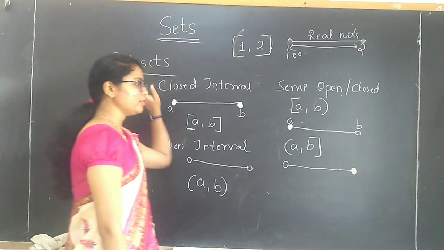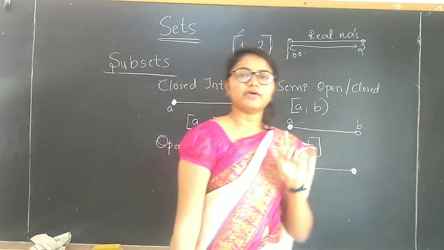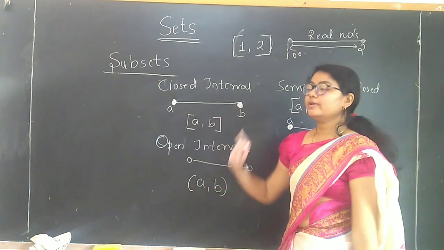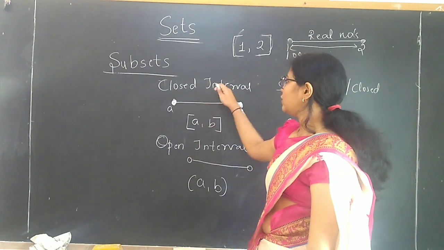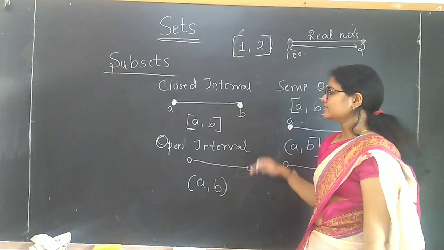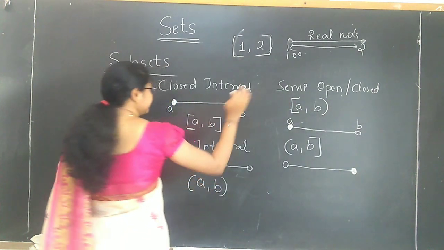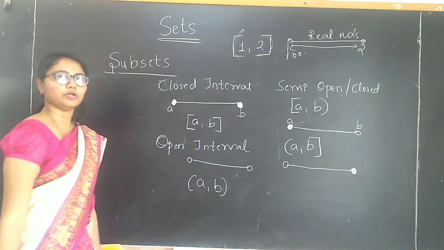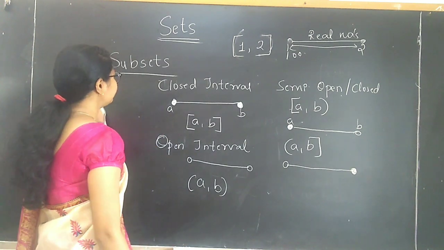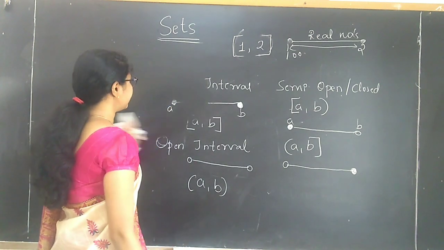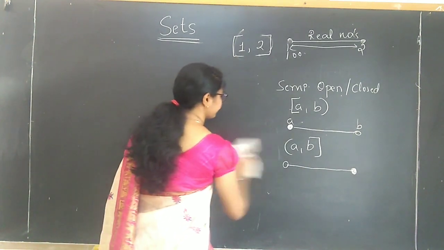So first I told you about the definition of a subset. A is called a subset of B if every element of A is present in B. Then three properties regarding subsets. Later on we discussed the intervals regarding the subsets. Which are the three intervals? Closed interval, open interval and semi-open or semi-closed intervals. After this concept, we have the concept of power set. So I'll explain power set and conclude today's session.